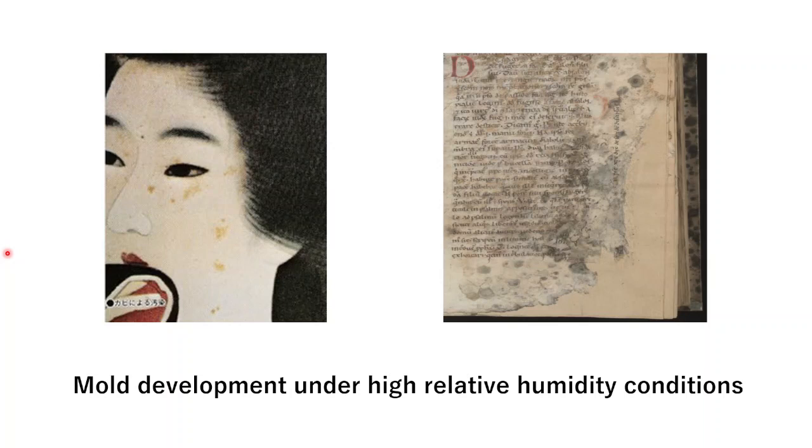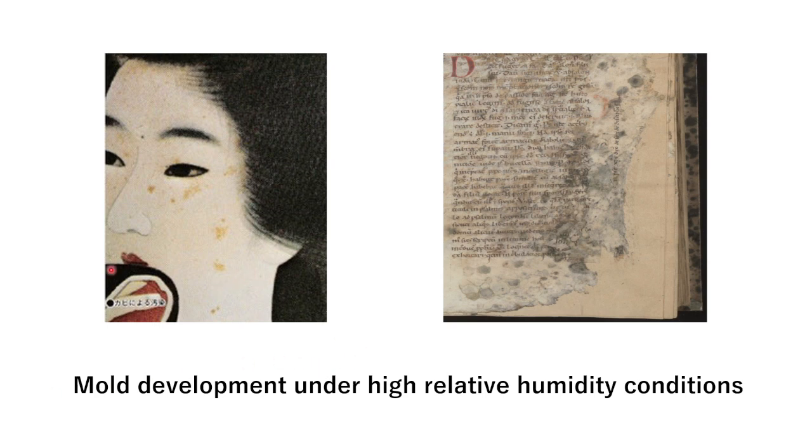Now, let's move on to the degradation problem that occurs when the temperature and humidity environment in the library is not appropriate. When comparing temperature and relative humidity, humidity conditions more negatively affect cultural properties, so more attention is required. The biggest problem with high humidity is the increased risk of mold growing. It depends on the type of mold and growing temperature, but it is important to be careful because if the relative humidity reaches 65% or more, mold can easily grow.